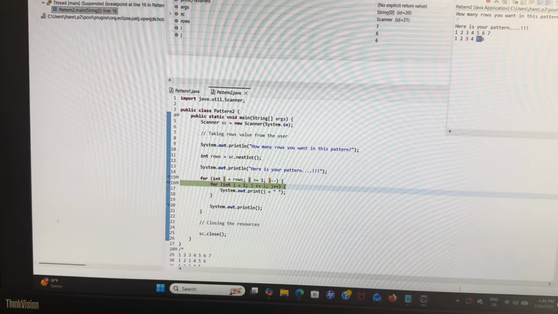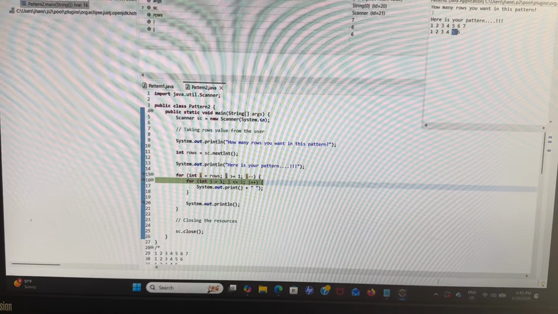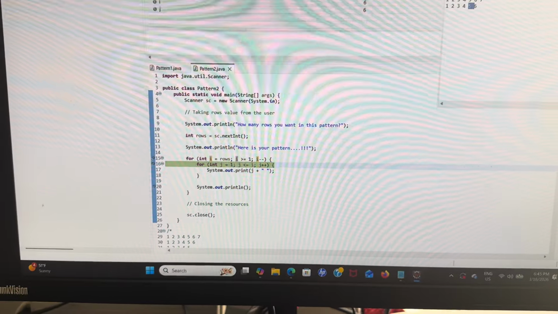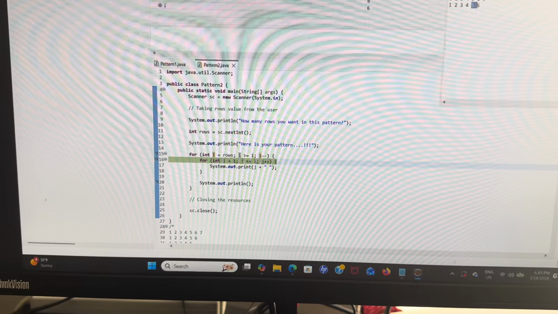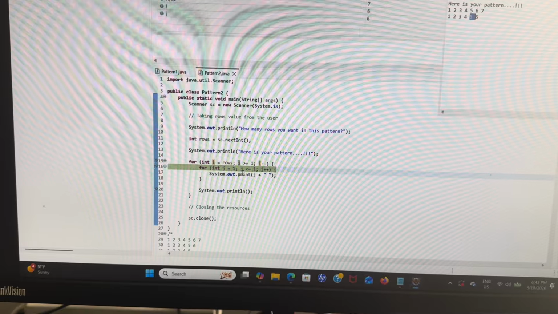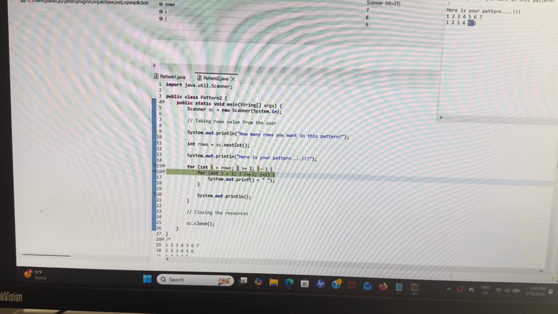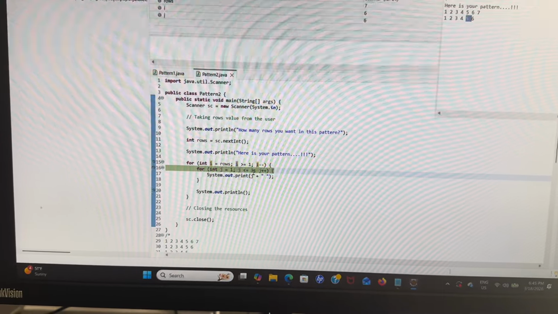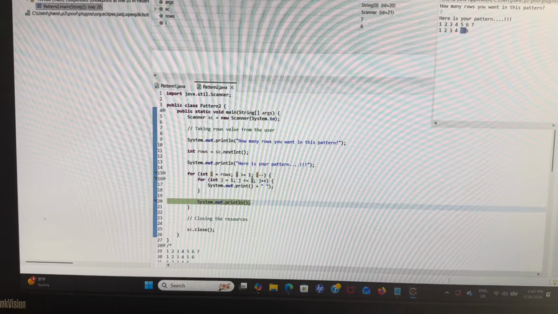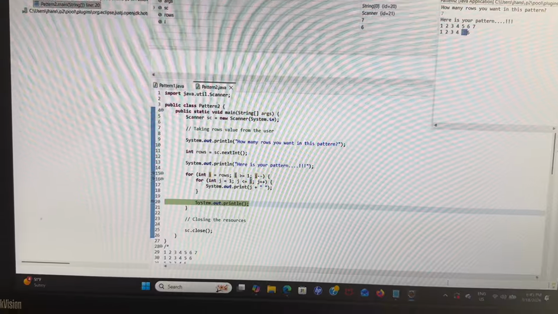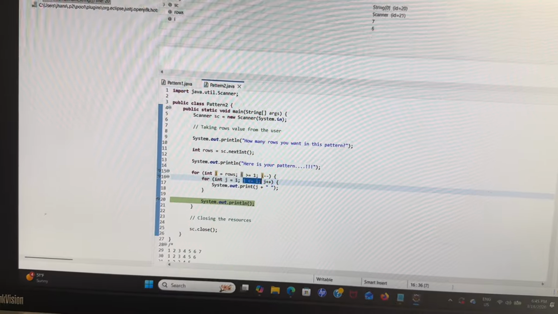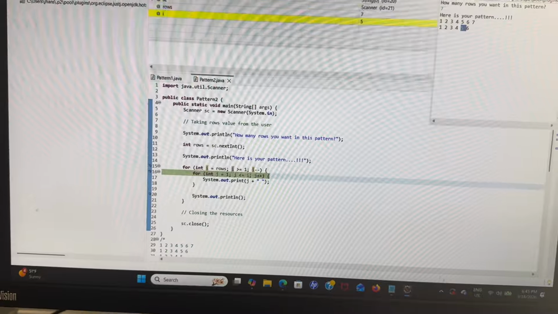So after that the j value will become 7, right? Then j value is 7 means this condition will be true only up to j less than or equal to I. So if the j value is 7, then 7 less than or equal to 6, that condition fails, so it will come out from the loop. See, after printing 6, this condition j less than or equal to I is going to fail, that's why it's going to come outside. So like this